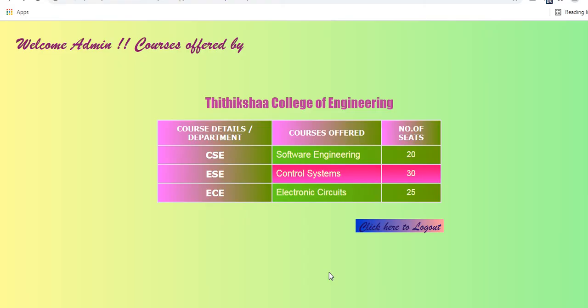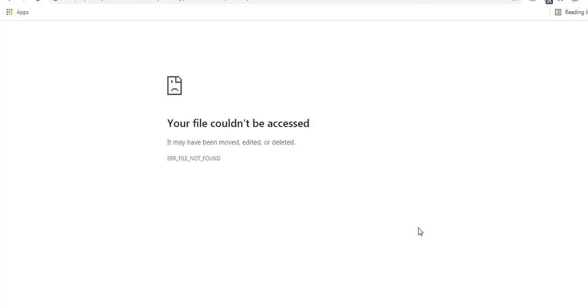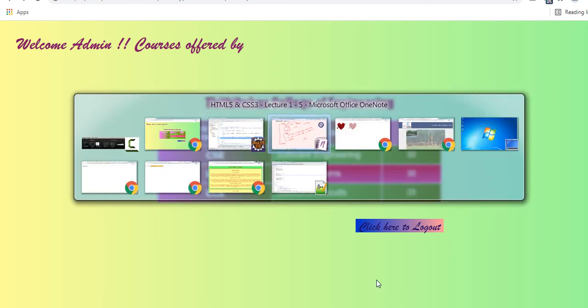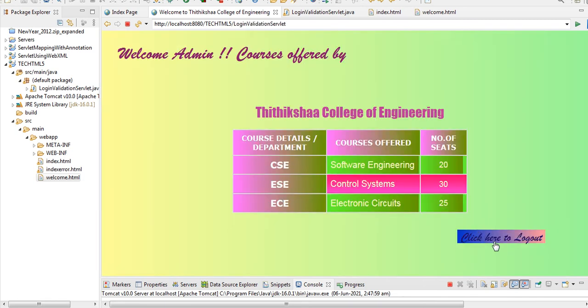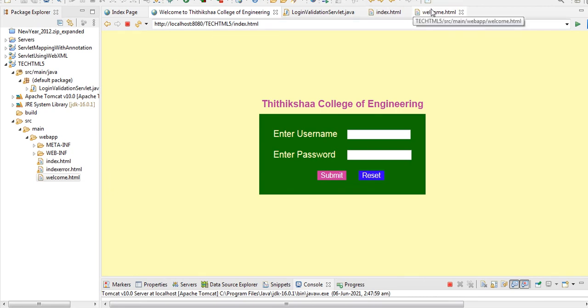And I told you, this is a link. Link means generally you will get a text with an underline. We will see that later on, but here I designed this. When you click this link, it is not a dynamic page, it is not interacting with the server, so it doesn't go over here. But here it will go, like if you want to submit. Say if I click this logout, it comes to this page. That's what I have written.